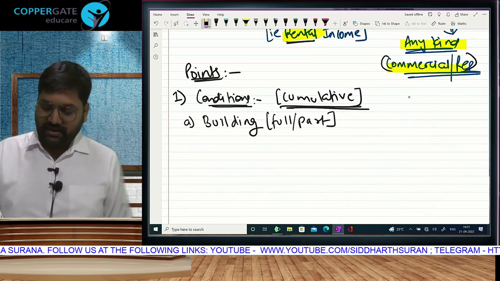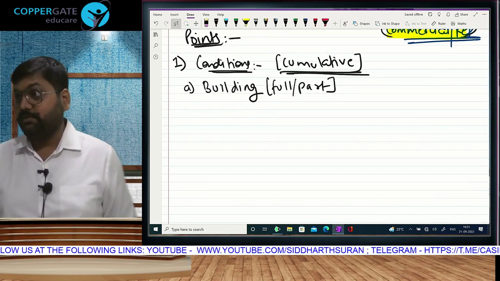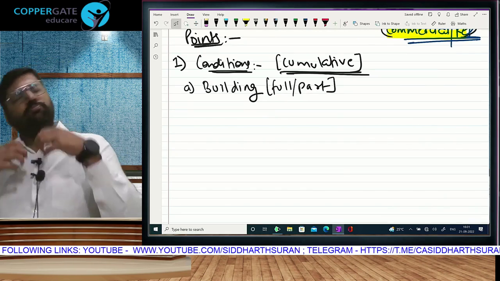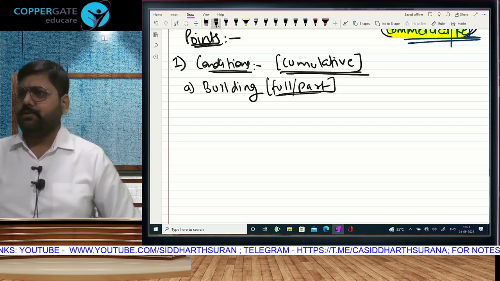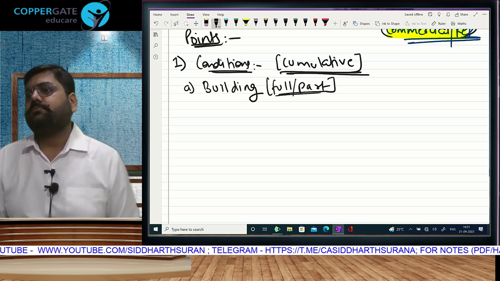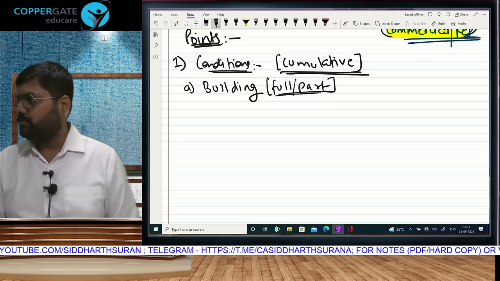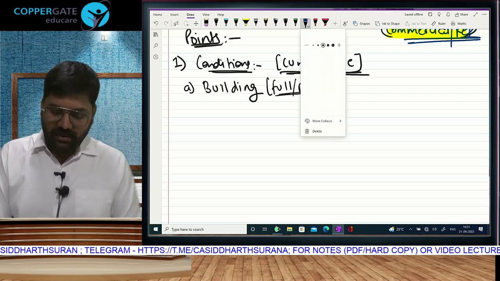Is it possible that the rent is coming from the entire building? Possible. Is it possible that the rent is coming from a part of a building? Both allowed, full or part. Full building or part building, both allowed. You know what this condition is trying to tell us? Therefore,